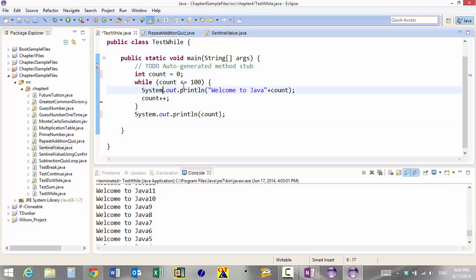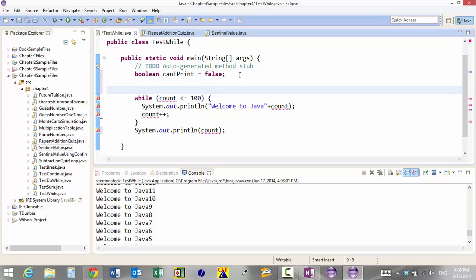Let's say that here I have a condition. I'm gonna create a boolean variable. I'm gonna say, can I print, and I'm gonna set that to false. Okay, and then here I'm gonna say a statement as the user